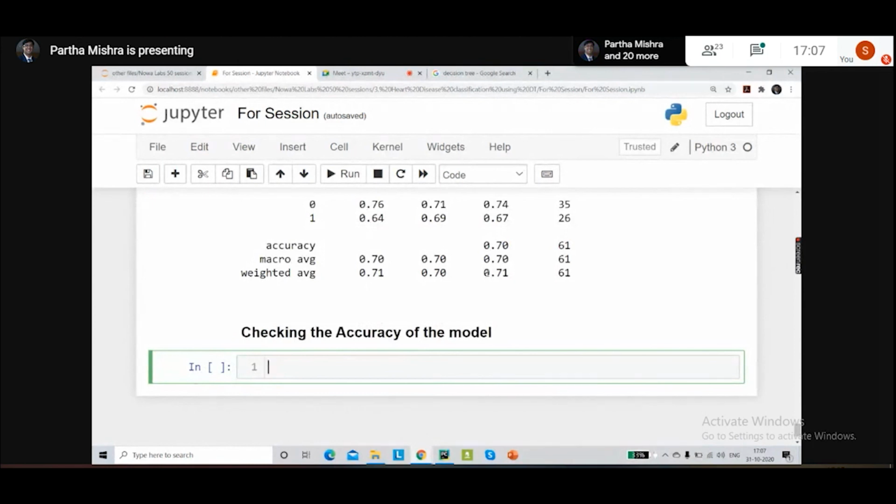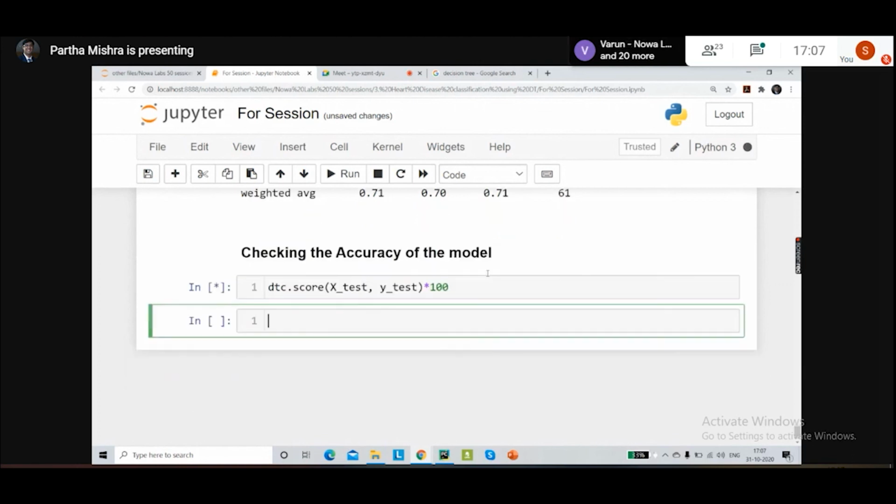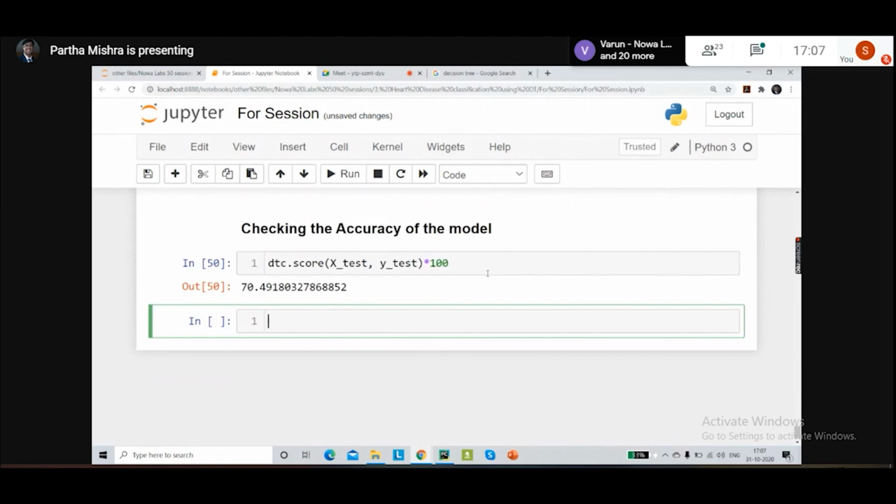You can simply say DTC, that is our object, dot score, and inside this you pass in the test data, so X test, comma, Y test. You can multiply this with 100. Once you run this, you will get your accuracy number.